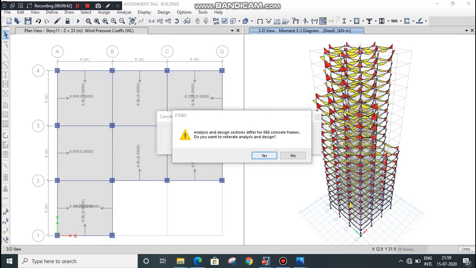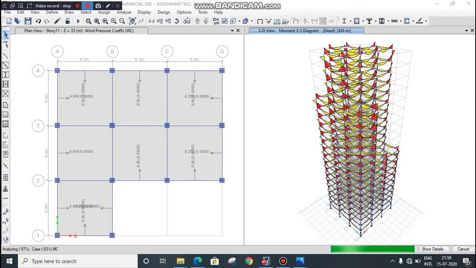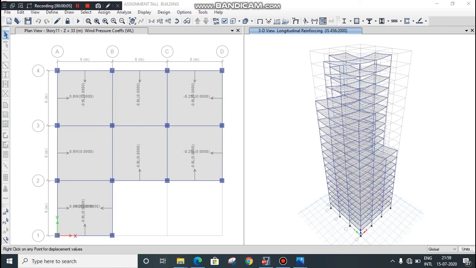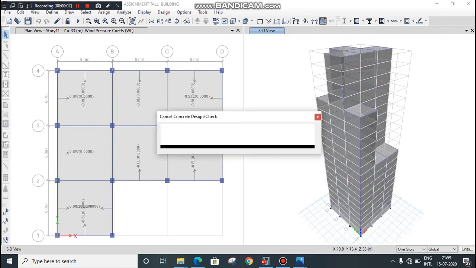Select Yes, because we have selected the auto select beam and auto select column option, which uses members of the lowest dimensions for economy. Now click on Yes. As I have clicked on Yes, the software will analyze and design by itself.